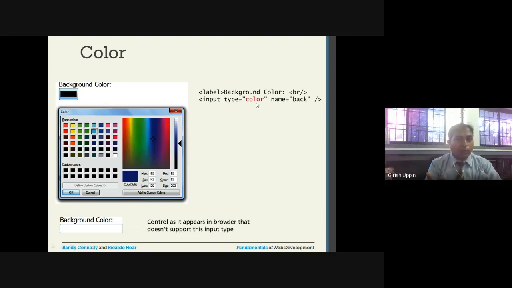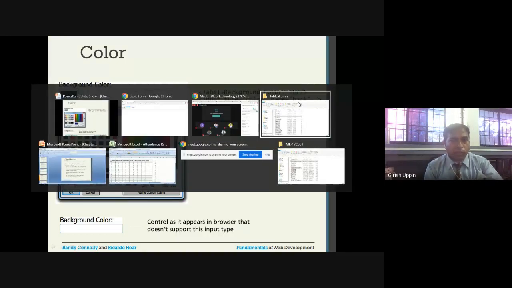This control will read the color in terms of RGB, hexadecimal or HSL, whichever way you can choose. Name is back. Whatever color you select will be sent as the value to the server as a variable back. We'll see the code for this.